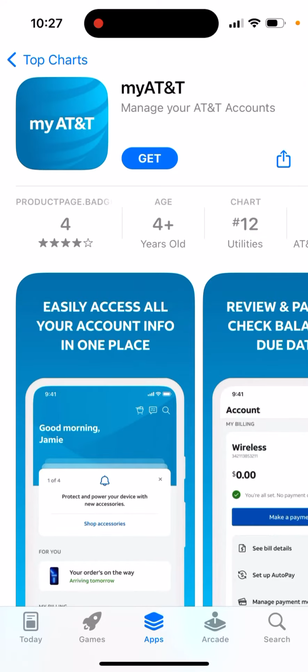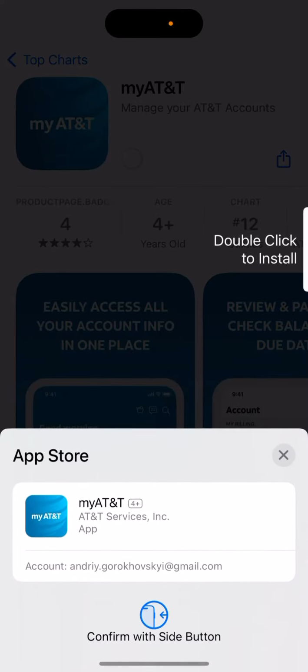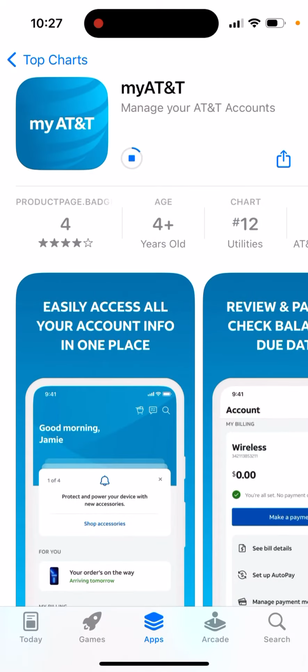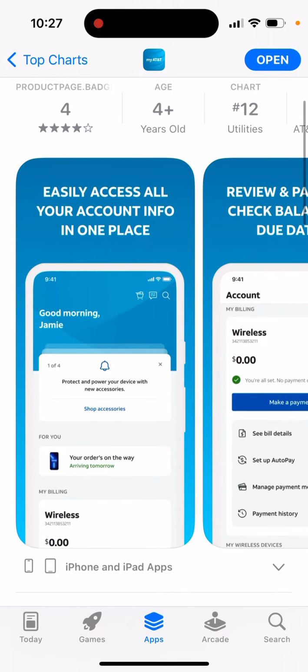How to install myAT&T app on iPhone on iOS. Here is the app. You just tap and confirm with your Touch ID or Face ID, depending on your iPhone model. And yeah, this is the app to manage your AT&T accounts, easily access all your accounts info in one